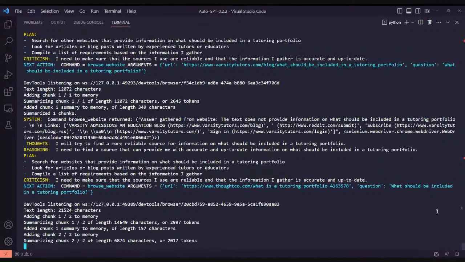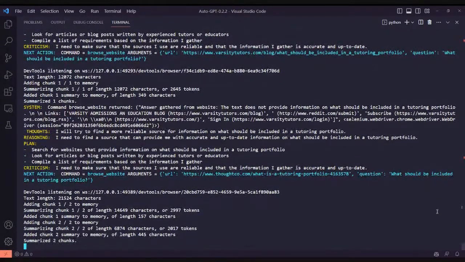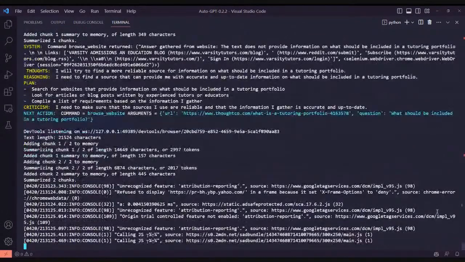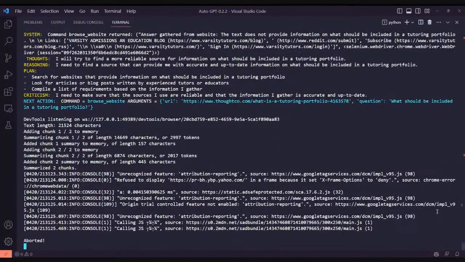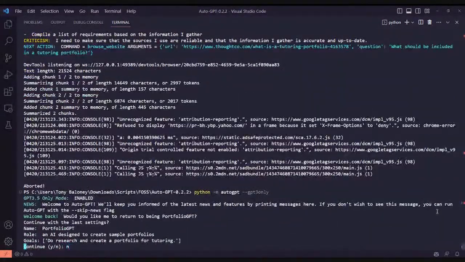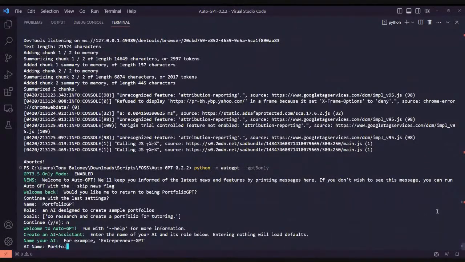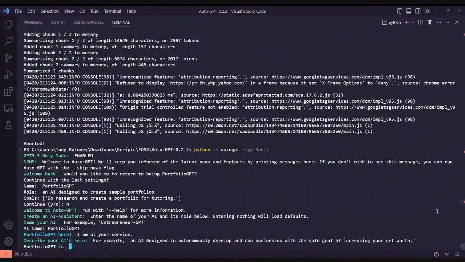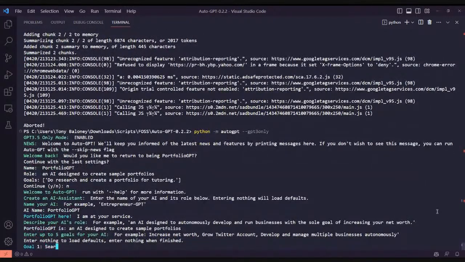What is a tutoring portfolio? One more time. Google this time. I'm learning a lot too, because you can't assume anything with computers. So, a portfolio GPT, an AI designed to create sample portfolios. Start Google